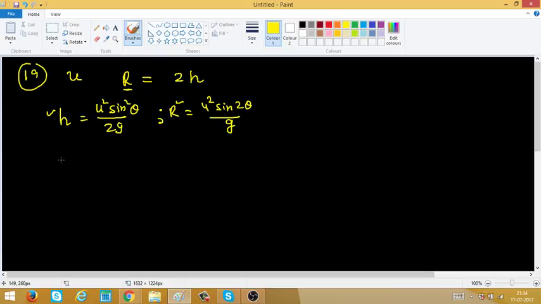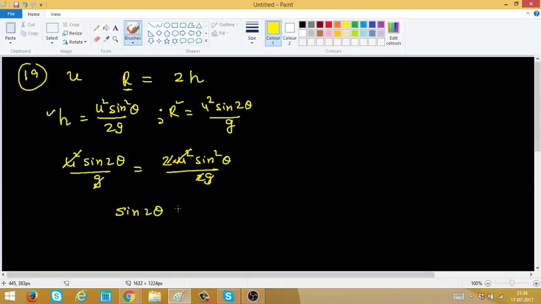So I will write down u square sine 2 theta upon g. This is equal to 2 times this, u square sine square theta by 2g. 2 times this means 2, and 2 will get cancelled out. What else is getting cancelled out over here? Similarly, this u square and this u square will get cancelled out, and g and g will get cancelled out. So I'll be left with sine 2 theta is equal to